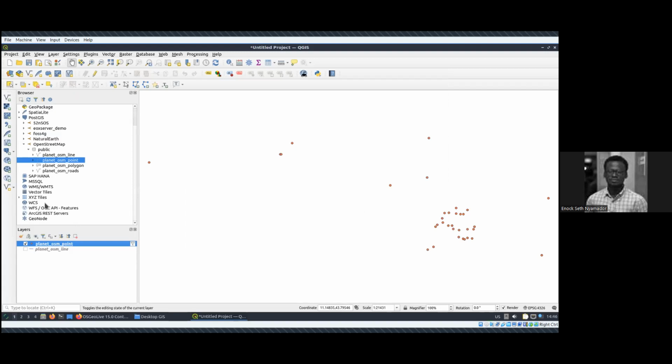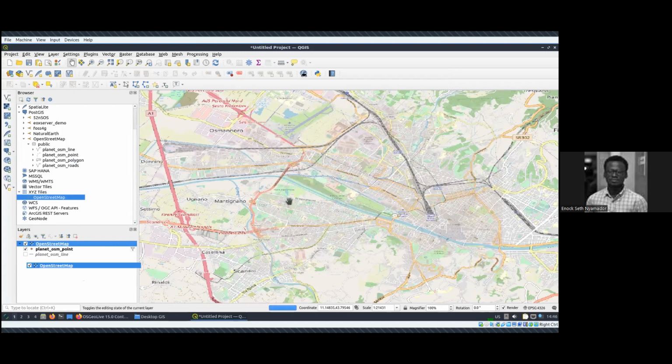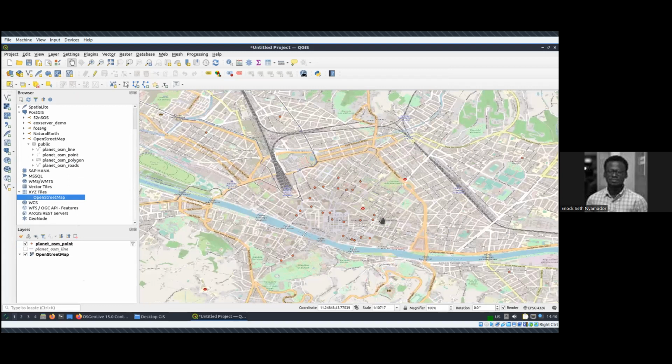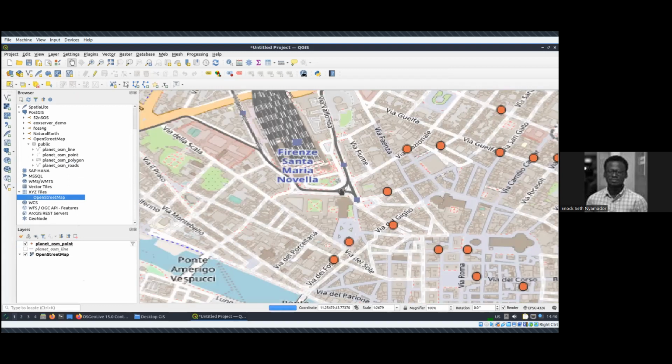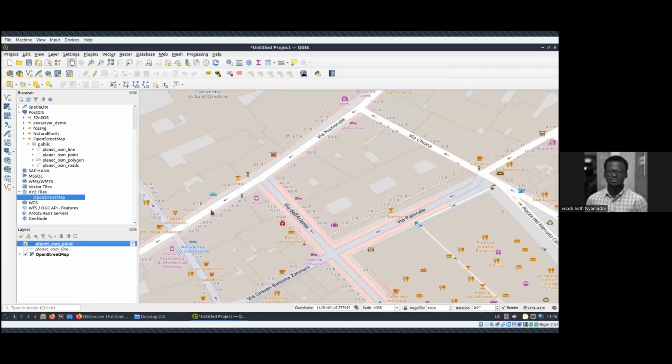By default, QGIS comes with the OpenStreetMap XYZ tile. That's the base map, what you see on OSM.org, in QGIS as an XYZ tile. So there you go. You have some points for ATMs within the center of Firenze, and this tells you it's coming from OpenStreetMap. If I want to be super sure, I can uncheck and you see a good overlap. This is an ATM representation here, and that is it.